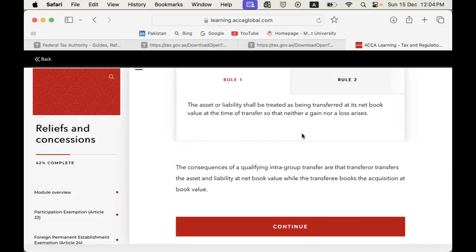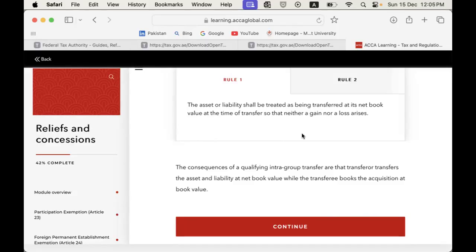If that scenario exists, what happens? A tax group only gets one 375,000 dirham slab, which attracts zero rate. So that's a loss that a tax group faces, but a qualifying group does not face. But what is the benefit? In a tax group, you can offset the two companies' losses against profits. One company is profitable, the other is loss making. You can offset, right? The same thing you can do in a qualifying group as well.